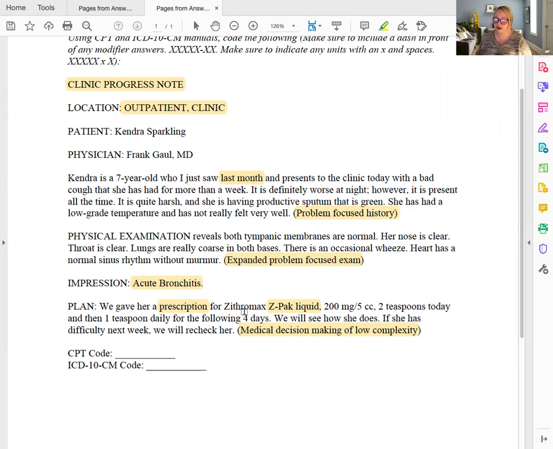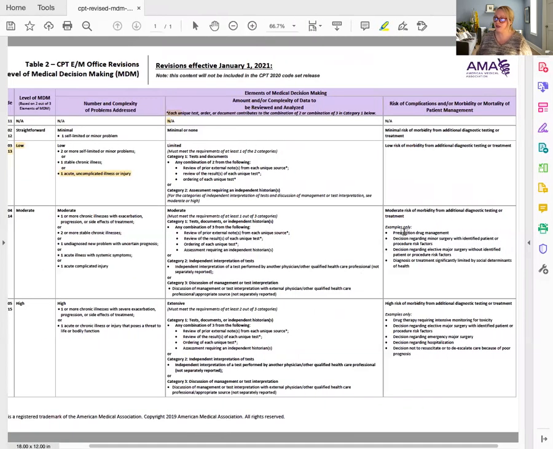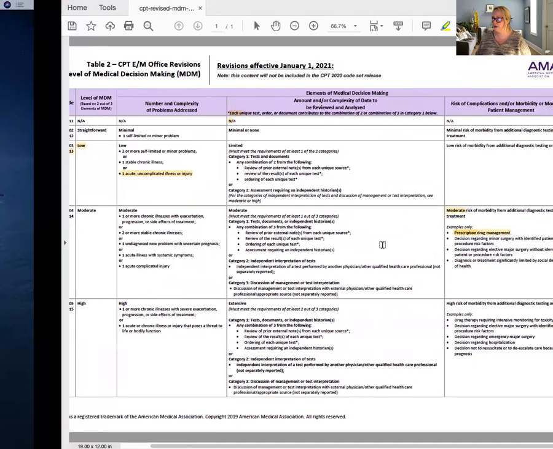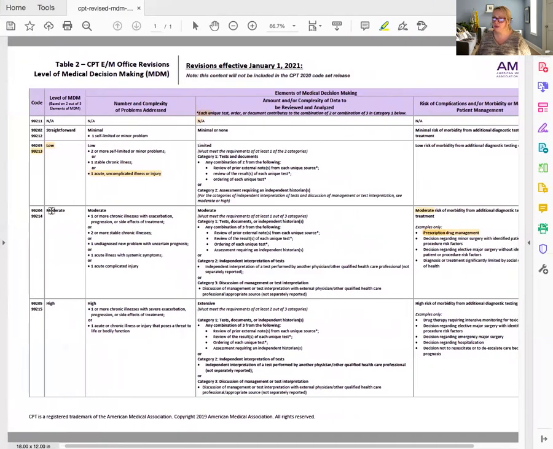Regardless of the reason the provider gave a prescription, our job is simply to track that a prescription drug management was done, which simply means to say that a prescription is indicated and what to do with it is on the chart. So for all new prescriptions and any documentation to continue or change current medications would capture moderate for risk of complication. That being said, you'll notice that we have one of the three columns needing a moderate level